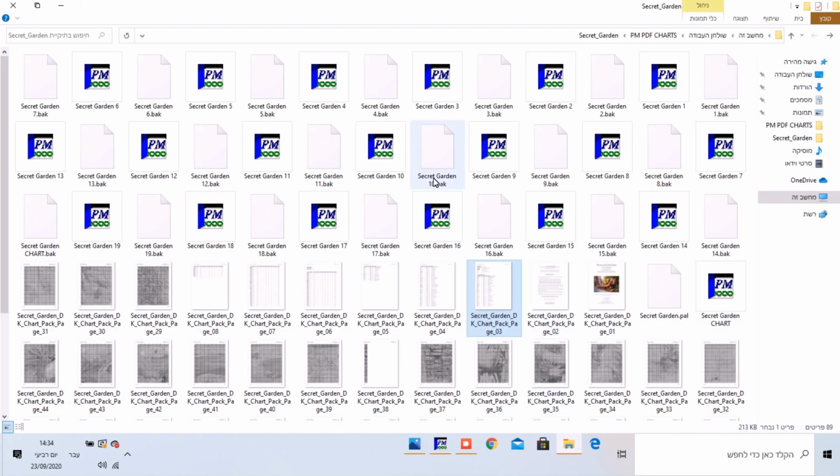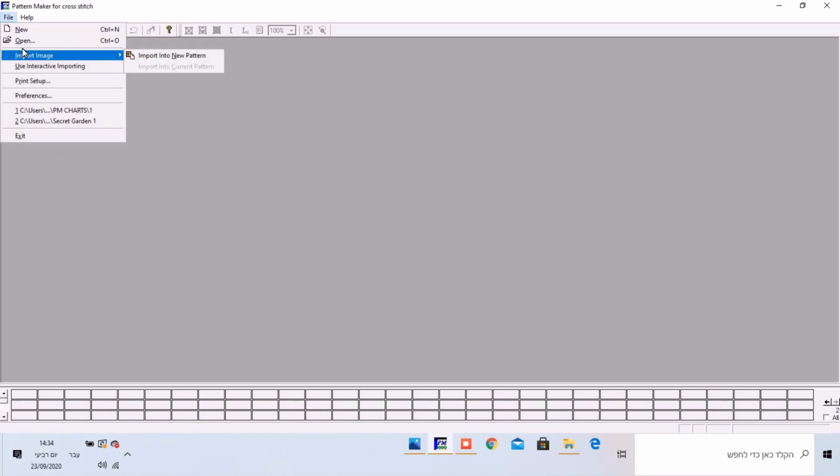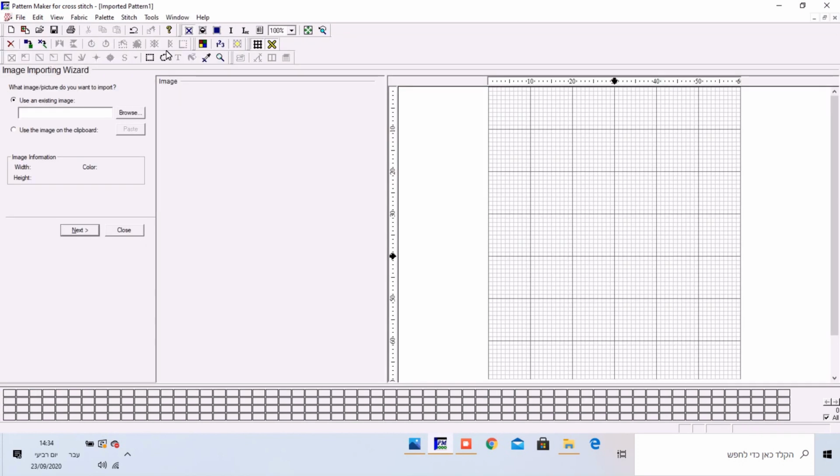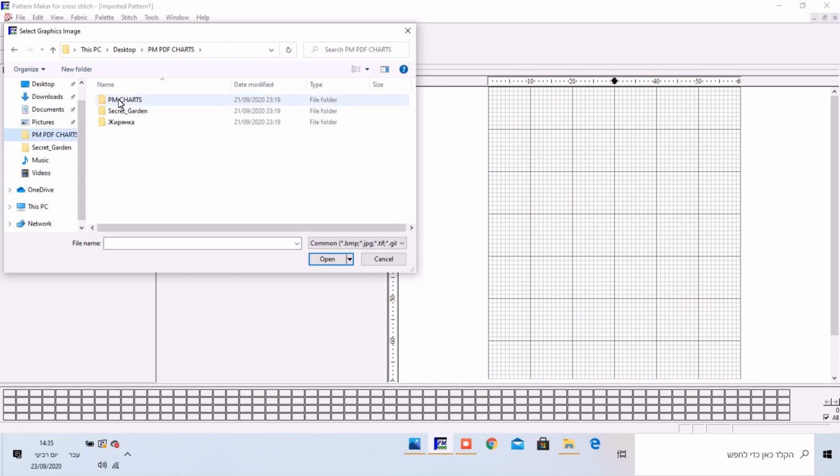Now I broke my PDF into single pages, JPEGs. That's something that you need to do because you need the grid to fall on one another. So I will open import image. You have it up there on your file. You have new, open, import image, and it says import into new pattern. Now you open this. Now you can use an image clipboard, but I am using an image from my computer. So I open, browse,